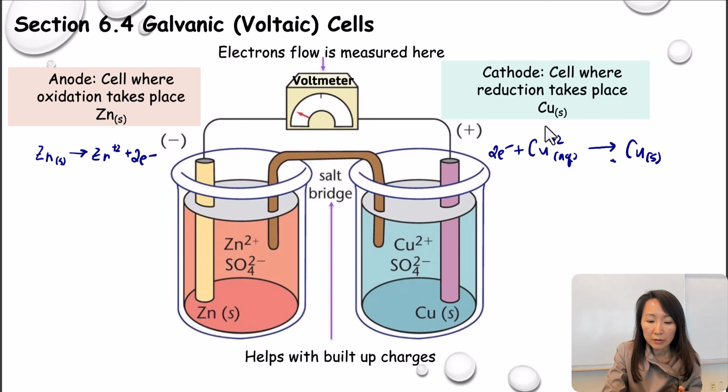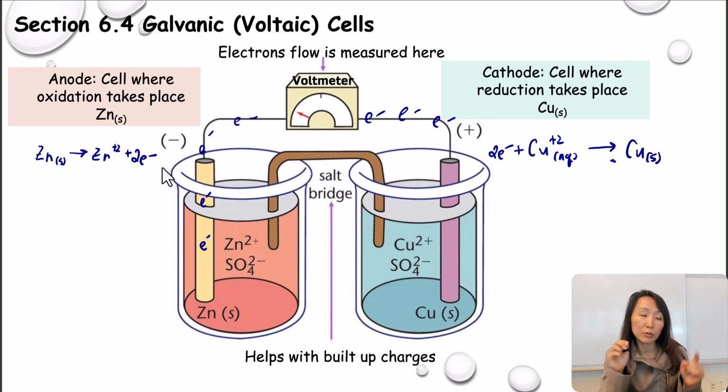So here's my anode. It lost 2 electrons, so zinc became zinc 2+, and that electron is going to flow in this direction, passing through that voltmeter, and the voltmeter will measure